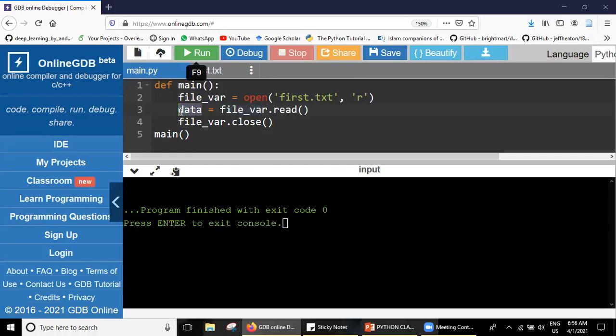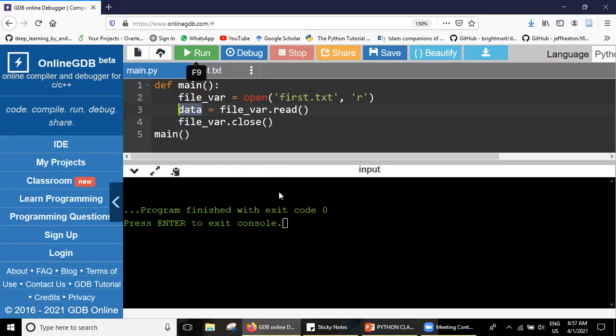I want whatever data is there to be printed on the console. I want to see it on the console. File variable dot data.